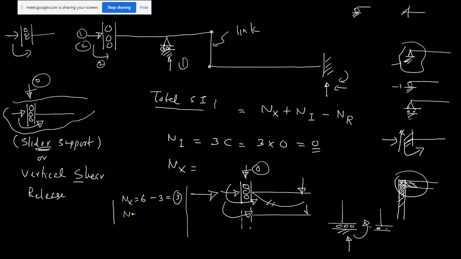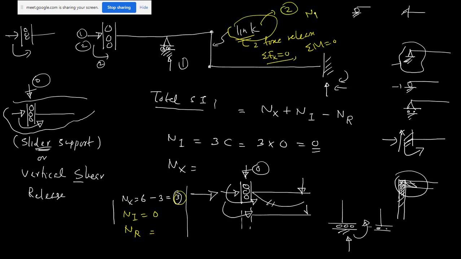Now what is the value of ni? Already we got 0. External is 3, ni is 3 into c. The closed loop count is 0 for a beam, definitely. And what is the value of nr? So nr means, if you have a link, there will be two force releases. The link can transfer only the vertical force. So the force releases are: sigma fx is 0, so you get one extra equation in the link, and also the moment is 0. You can just remember that a link means you will have two extra equations. That is your nr. Nr for a link is 2.